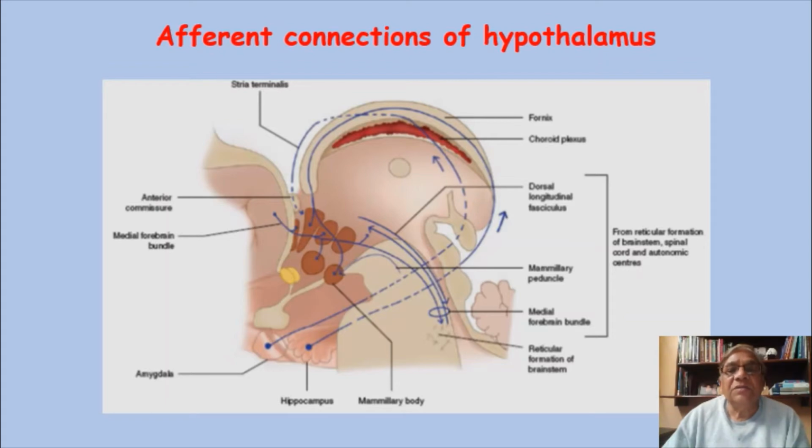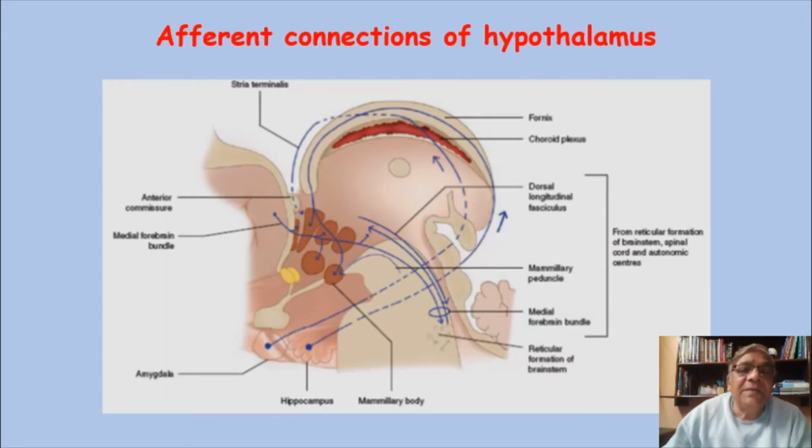nucleus, this will go to the mammillary body, then to the posterior nucleus. So these fibers will go to the multiple hypothalamic nuclei, but its main connection is with the mammillary nucleus. Okay, and this is part of the limbic system. In the efferent connection, in the next slide we will see that the fibers which arise from this mammillary body will go to the anterior nucleus of the thalamus and the cingulate gyrus. That I will tell you in the next slide. So this is the connection with the hippocampus, which is part of the limbic system, through the fornix.